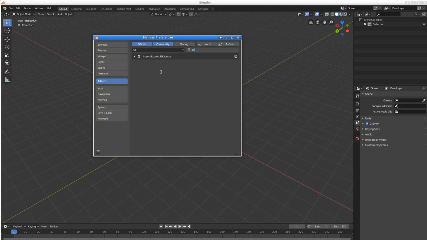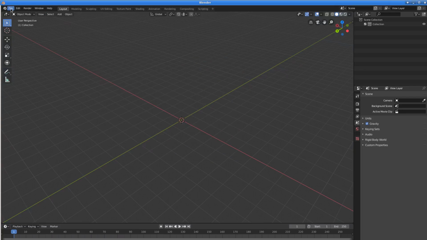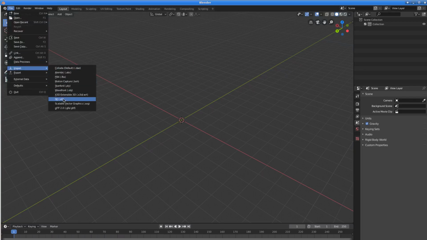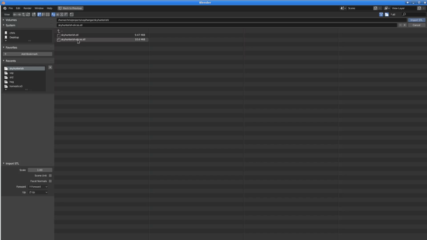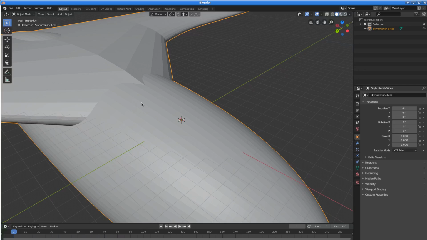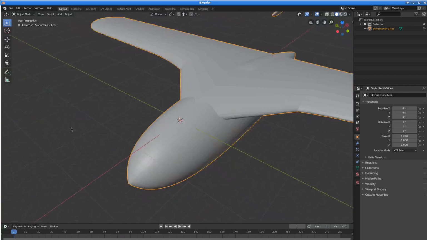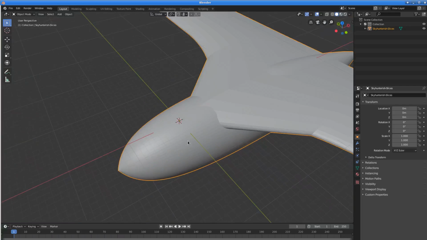I think it was because it's a third-party script that wasn't officially supported or something. But anyway, checking that checkbox there should make this STL show up. You might have to restart Blender perhaps, I'm not sure. But anyway, selecting STL here and then choosing the file that you want should find this massive plane brought into